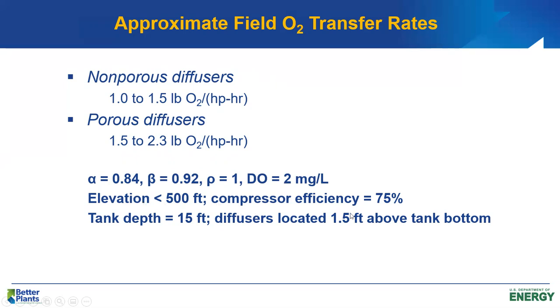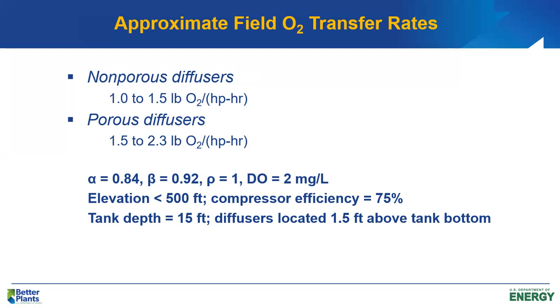Elevation less than 500 feet, the compressor efficiency of our blower 75%, tank depth 15 feet, and the diffusers located about 1.5 feet off the tank bottom. With these assumptions, I've calculated and translated the oxygen transfer efficiency for diffused air systems into a pound per horsepower hour number so that we can compare it to our